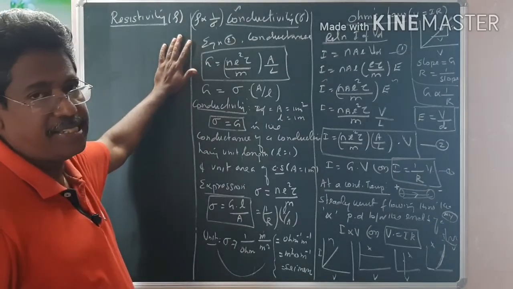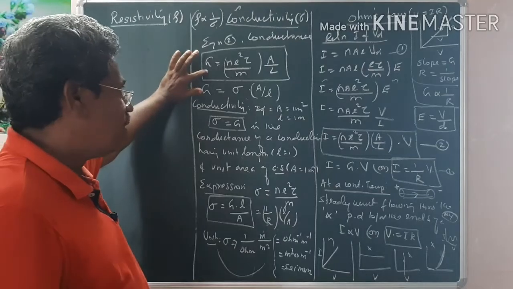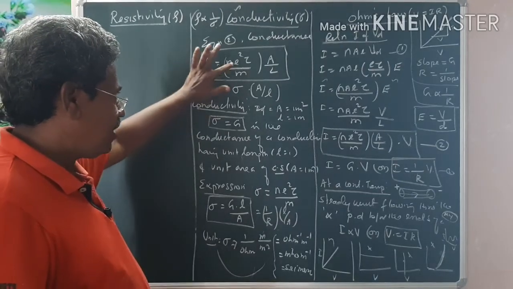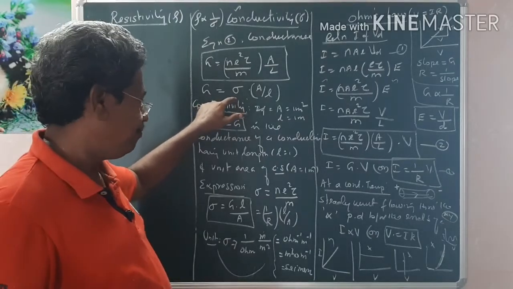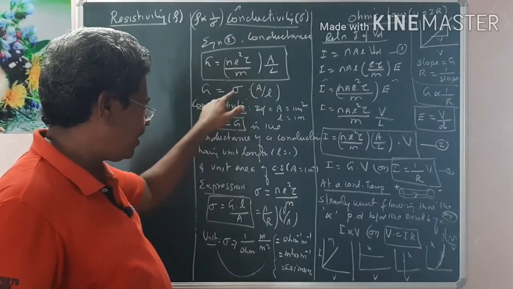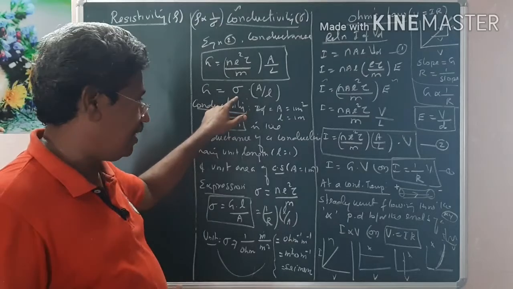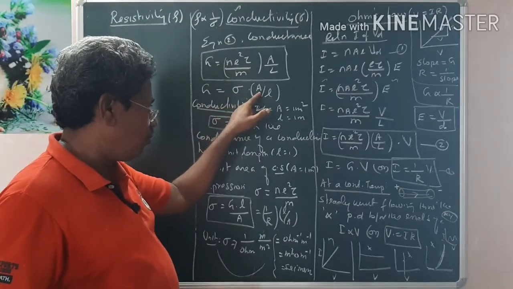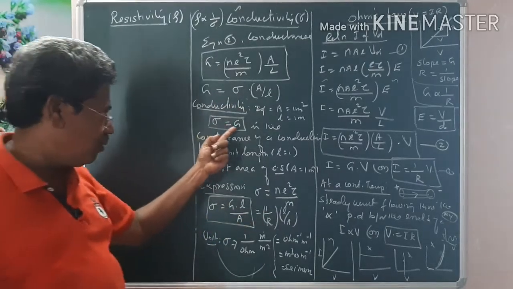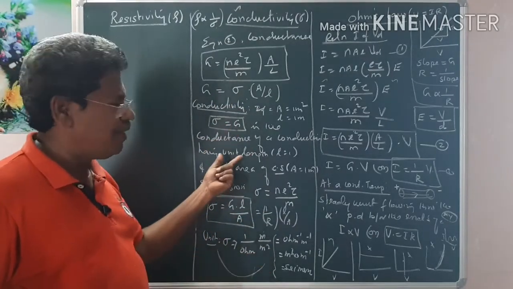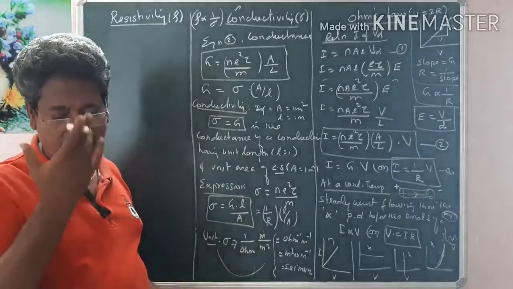First of all, you start from conductance. So conductance is equal to this one, and therefore this new term I am calling sigma. This is our hero, conductivity. So I want to define conductivity in terms of words. For that, if A equal to 1 and L equal to 1, then G could be written as sigma. Conductivity is equal to the conductance of a conductor, provided length should be 1 and area of cross section should be equal to 1 meter squared.